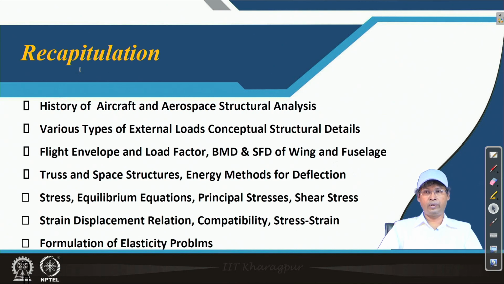Flight envelope also varies with respect to a particular type of aircraft depending upon its service condition. We have learned how we can find out, from the overall external load, the bending moment and shear force encountered